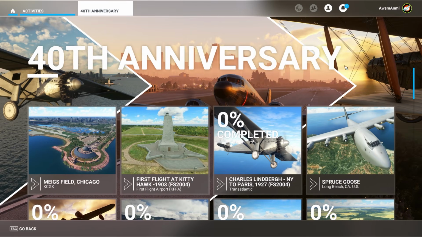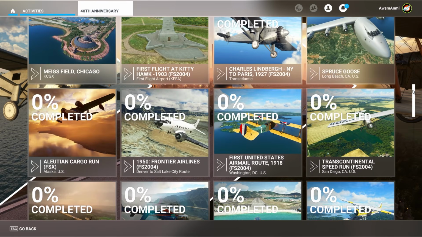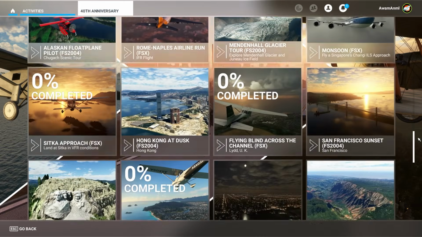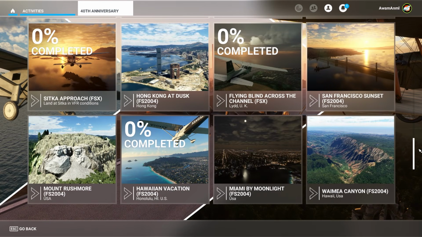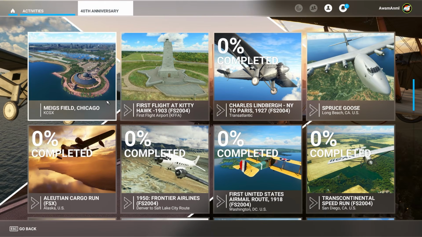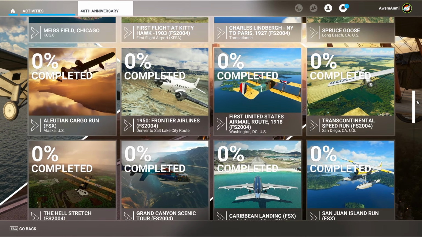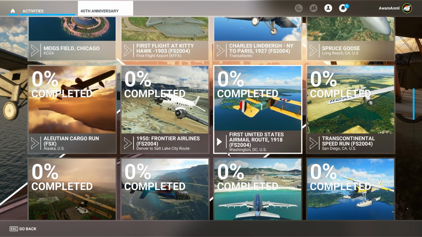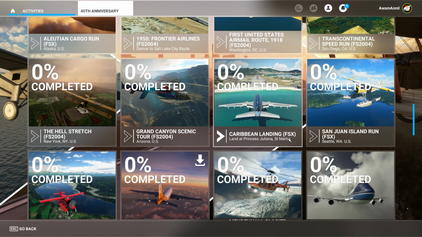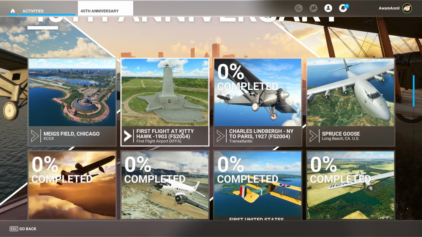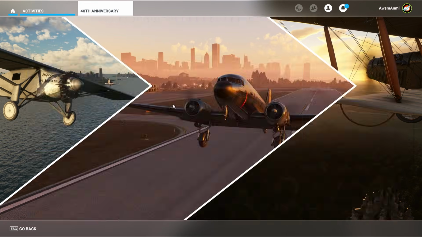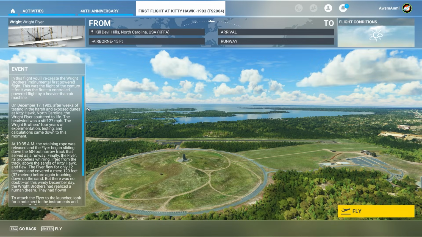But as you can see with the 40th anniversary, there are quite a few new activities. The wonderful folks at Asobo Studio have been hard at work releasing not only some new activities and some new historical aircraft, but also some of the older missions you could see from Flight Simulator 2004 and FSX. Today we're going to dive into the first flight at Kitty Hawk in 1903 with none other than the Wright